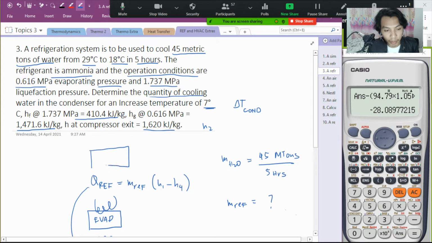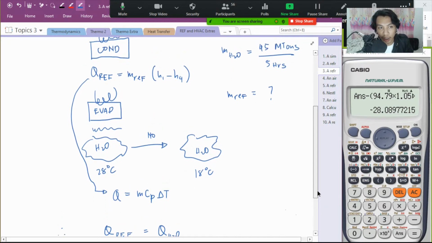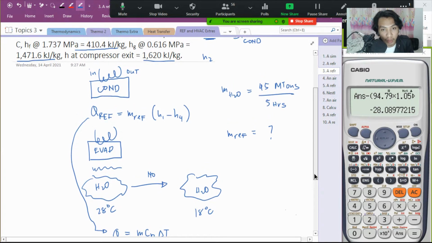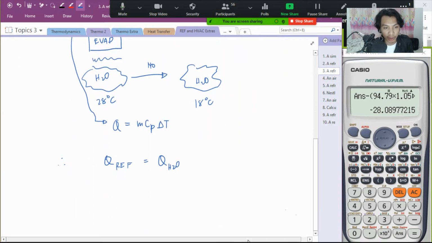Nandito yung condenser mo di ba? Condenser. Meron ditong cooling water ka naman. Water in, water out. Dito, yung kinul mo, yung water, gagawin mong malamig na tubig. Sa condenser naman, i-absorb naman nung tubig sa labas ng iyong condenser going out to your cooling tower yung magiging init ng iyong refrigerant. Okay, let's go. So, mref multiplied to, ano, yung H na lang, H1 minus H4 equal to M ng H2O, Cp of H2O,